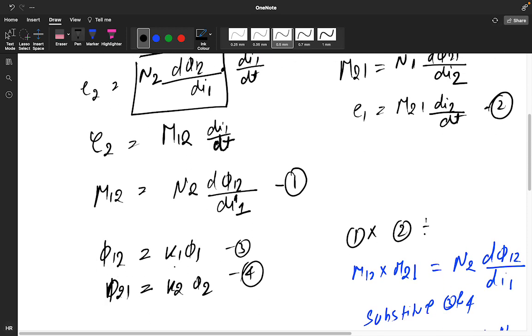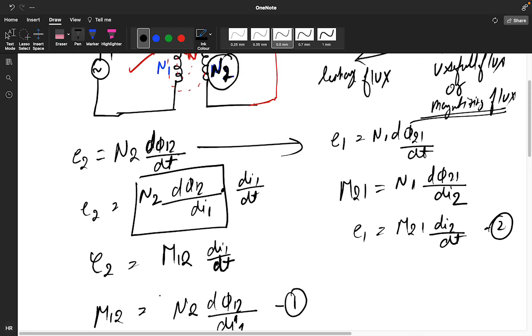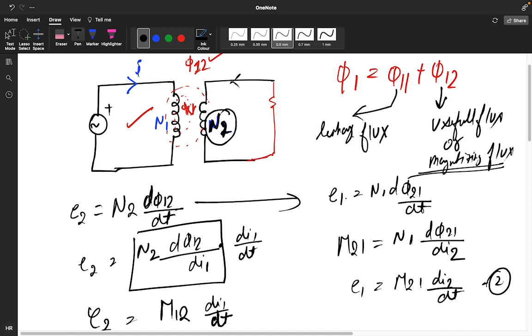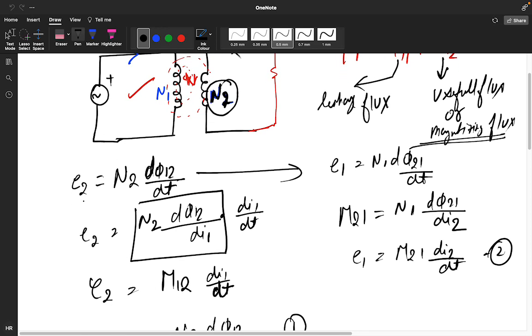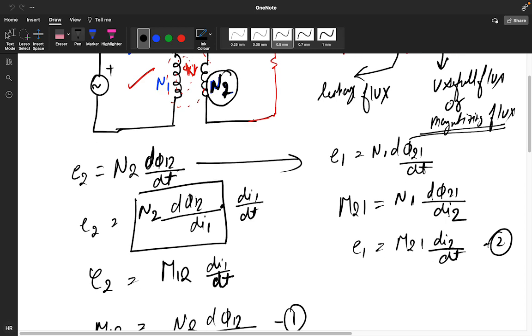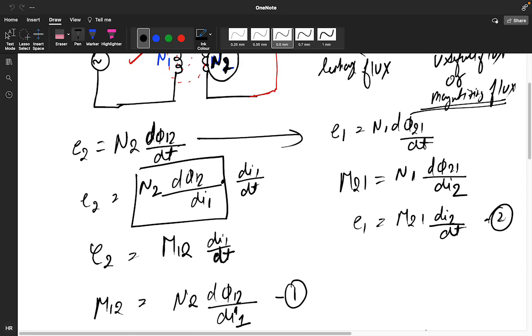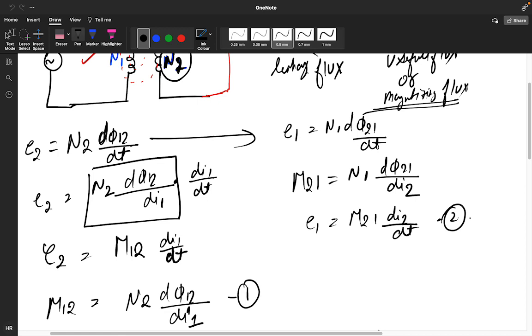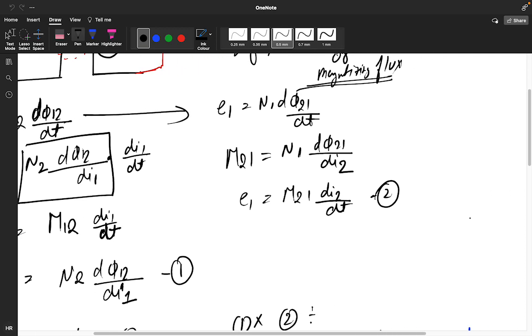Okay, phi 12 is k1 phi 1 and phi 21 is k2 phi 2. Same thing for E1: the way you get E2, in a similar way you will get E1, that will be n1 into d phi 21 by dt. M21 will be n1 into d phi 21 by di2, and when you substitute it, you will get it like this. So when you multiply equation 1 and equation 2, you are getting